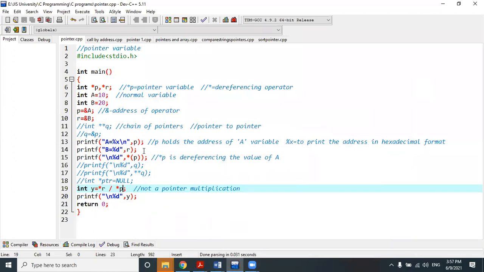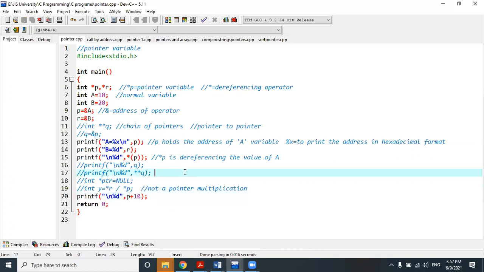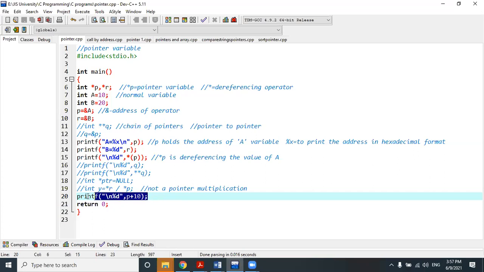So if we perform this operation right now, can anyone tell me what will be the value of these operations? If I am doing p plus 10, will this program run correctly, and what will be the value of this statement?